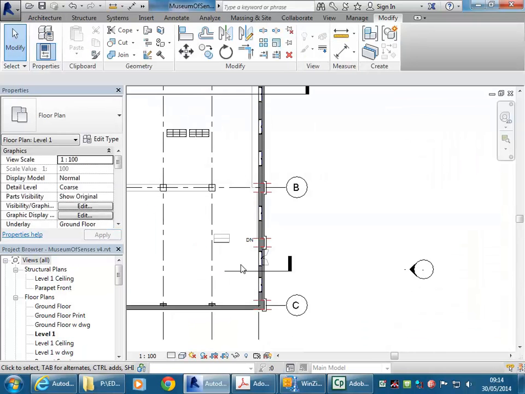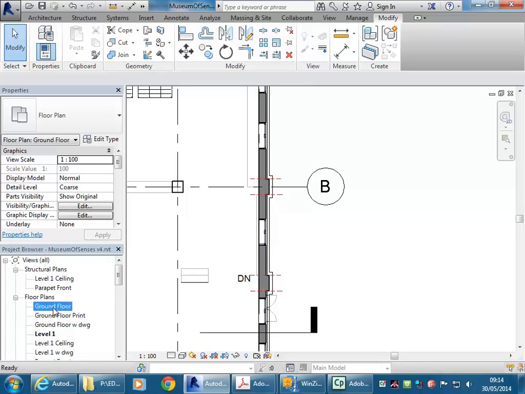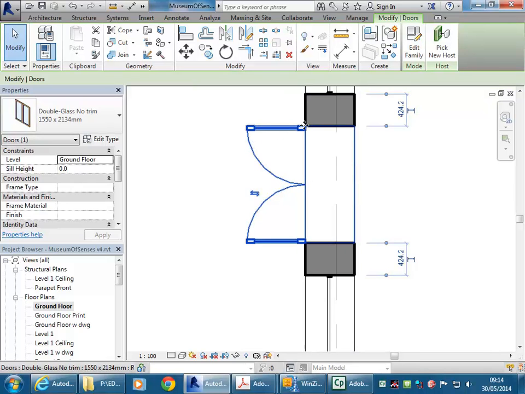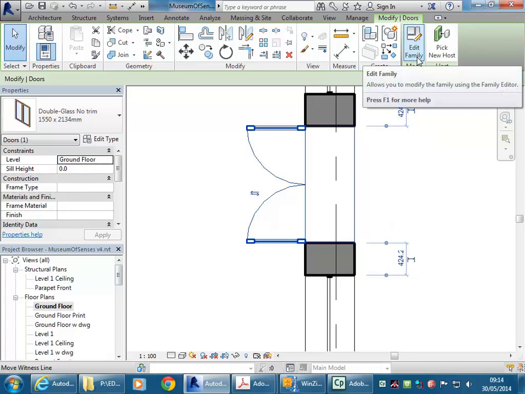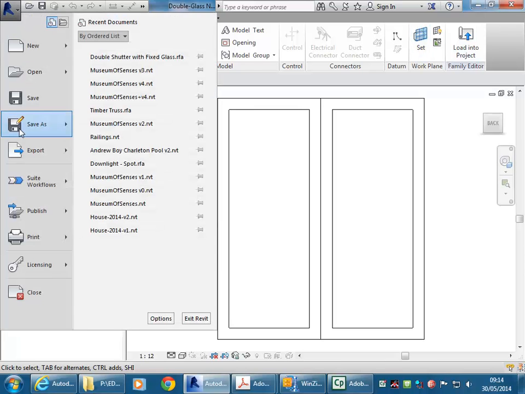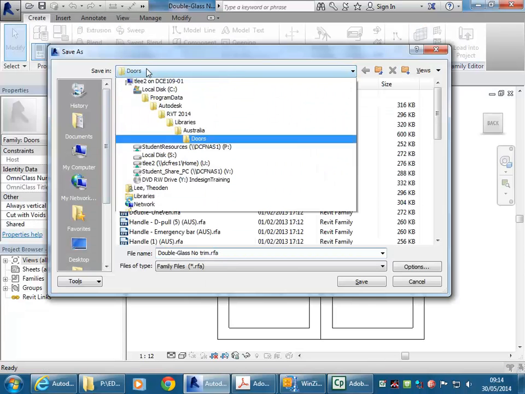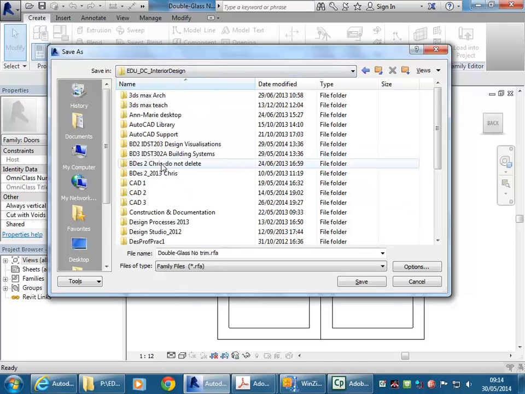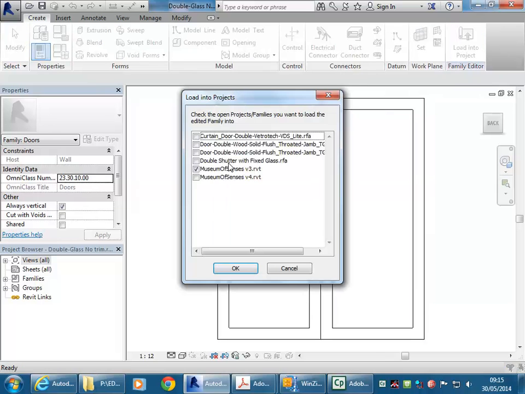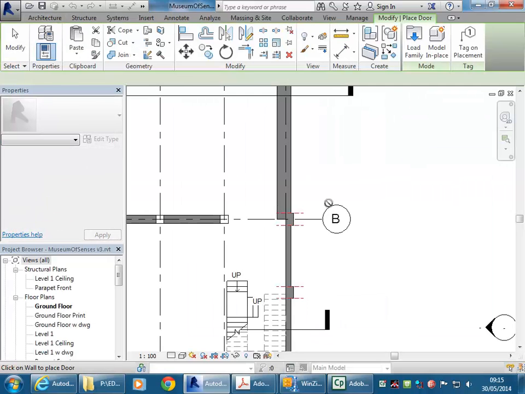That's V3, V4. Okay, so then it's here, that door, and it's actually not the best door because I haven't put door jambs on it, but at least it has the glass panels. So you can save that into your resources folder. Okay, so it's just called double glass no trim, and so I'll again load that in to my other project,